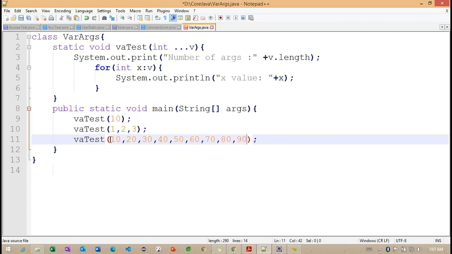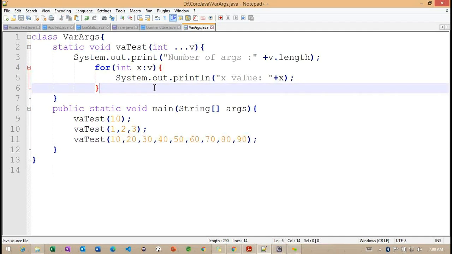You can pass any values here. So based on this input, we don't want to change any method parameters. This is a very important concept. Once we define this var concept, however many parameters we give, we don't want to change the existing code or the existing parameter logic. So this concept we call var.